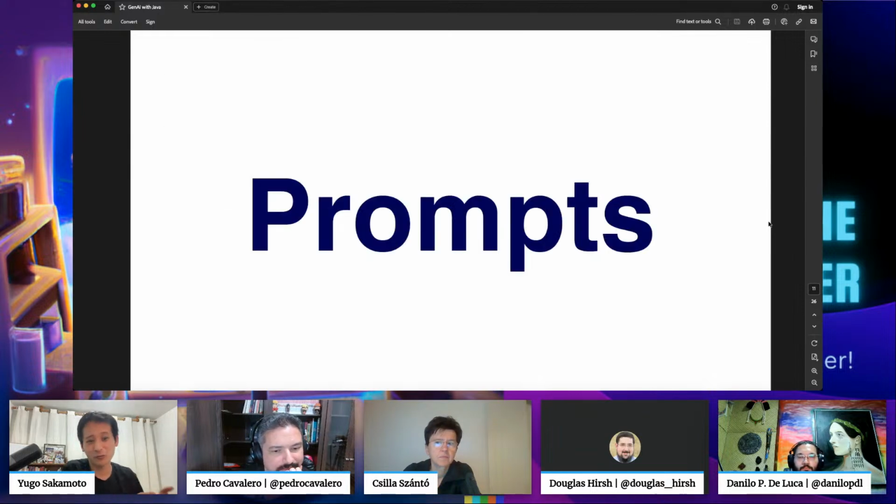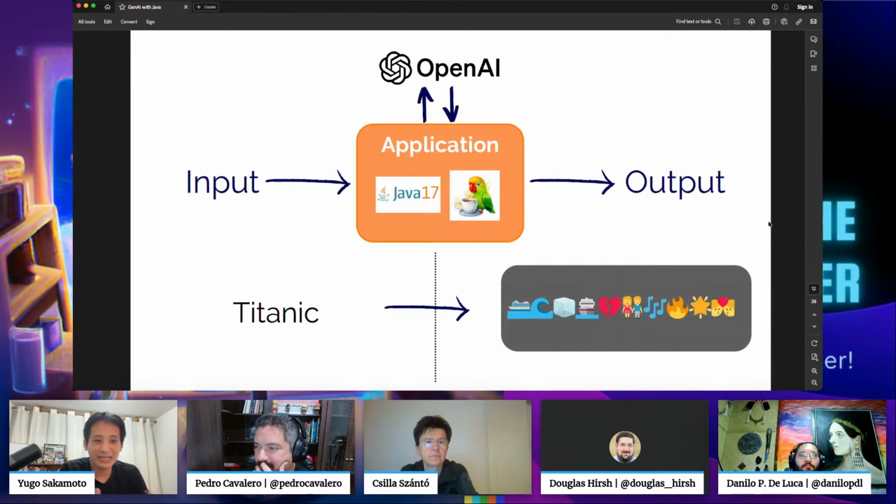I already showed you an example of a prompt asking for the hello world. It is a prompt, but we can go further with prompts. You can add more context or more instructions to the model so it can generate more specific output depending on the prompt that we send.